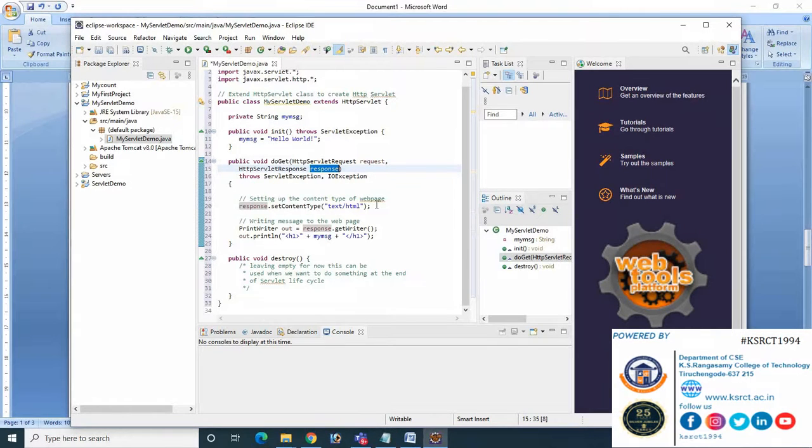After that, in order to write the message on our content, we have to create the object for PrintWriter. So PrintWriter out = response.getWriter(). After that, with the help of the PrintWriter object, out.println(), we are going to display the message, that is the Hello World message. And finally public void destroy(), which will be called when the servlet ends its life cycle.